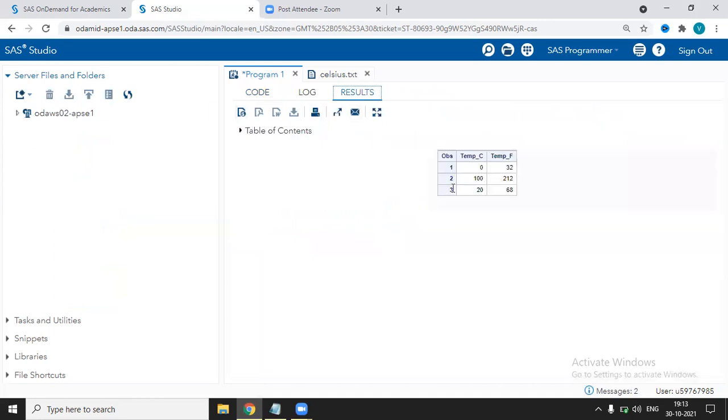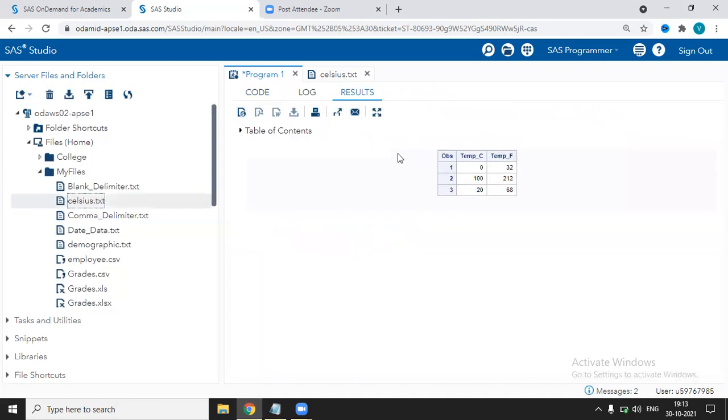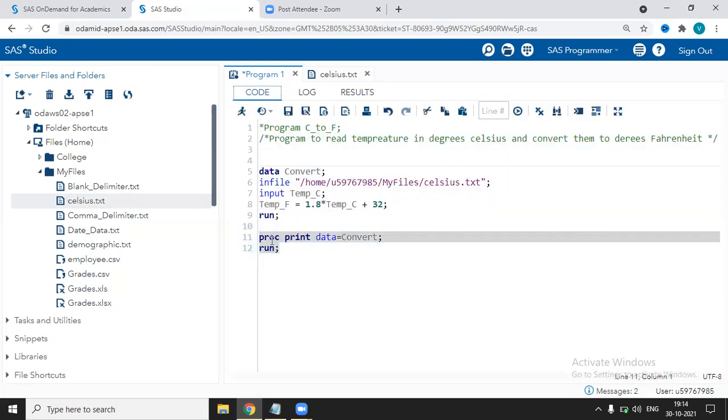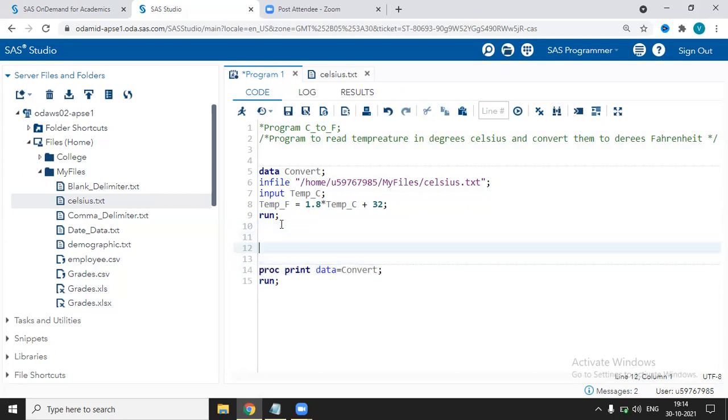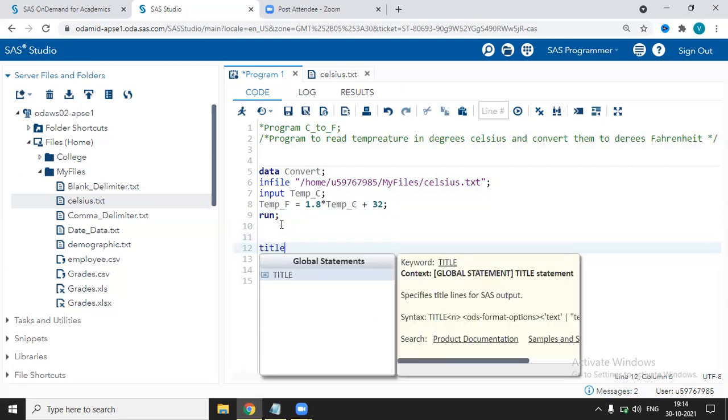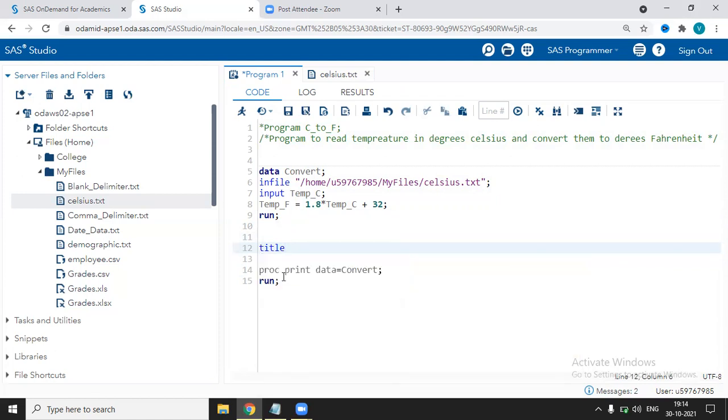Now in the result section, you can see the data table has been printed. If you want to give a title here, again go to this coding section. Above this proc line, you can also give a title. For that, the code is title. You can see when you write a little bit, you get this keyword.